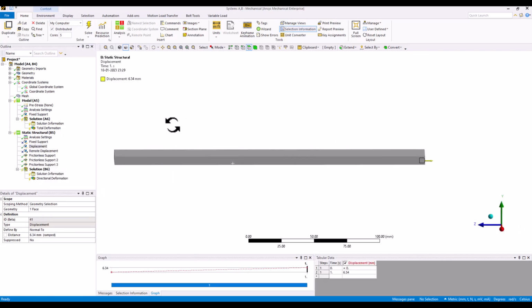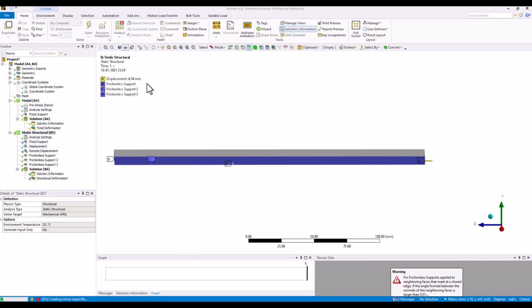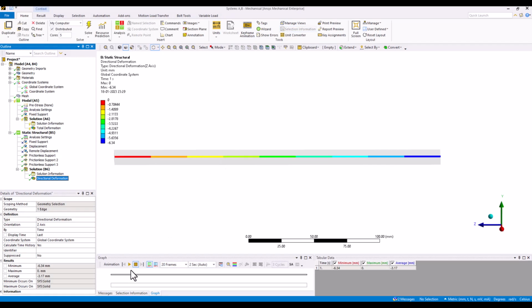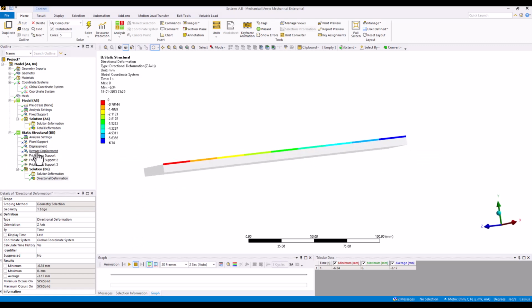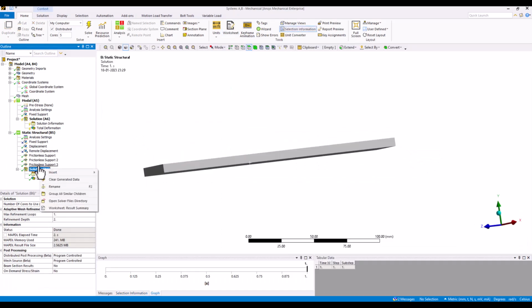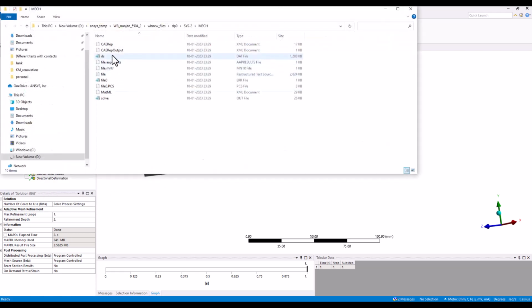Let me run this model. Well, you can see the body is still getting stretched and we are not getting any rigid body motion error. Now, if you look at this one, solver directory file, dstat,